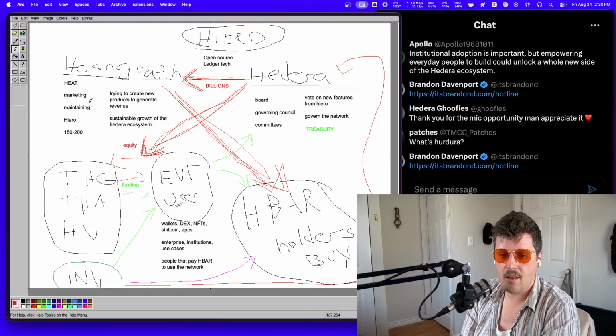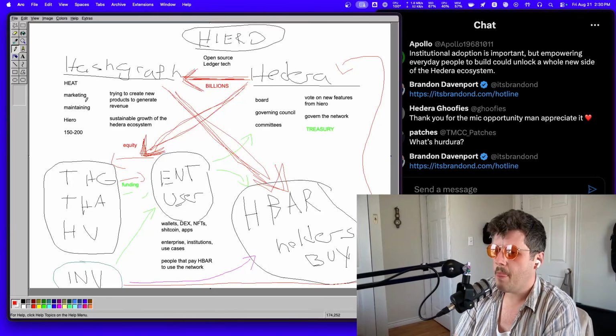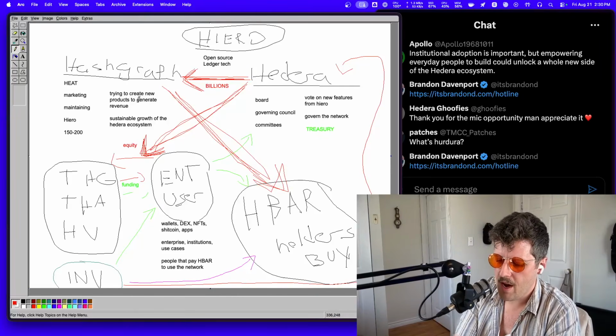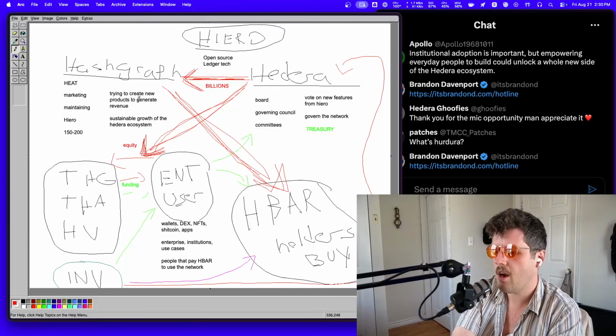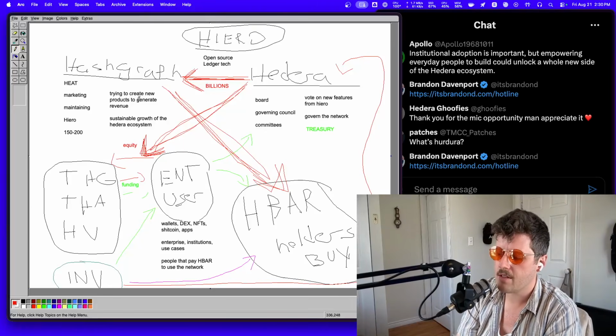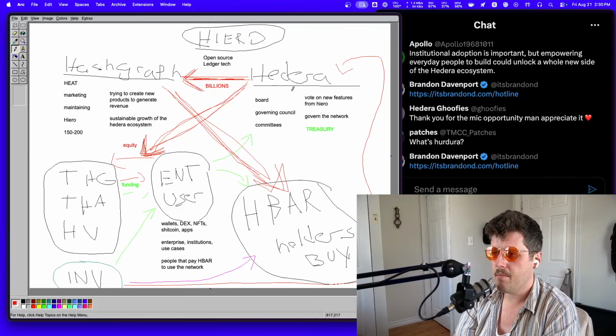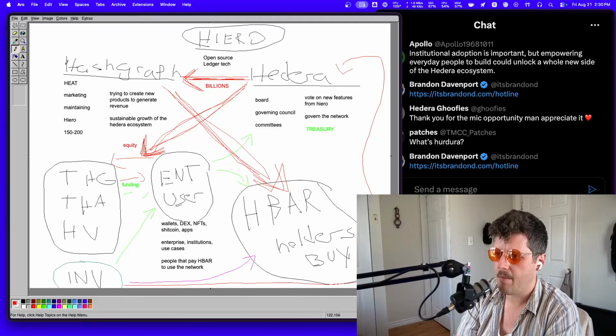And again, this is challenging stuff to do. But we have to be realistic and say, when we look at the longevity of the network, where is a lot of the pressure coming from, right? And it's coming from these kinds of entities. And what we need to have happen is we need to have Hashgraph